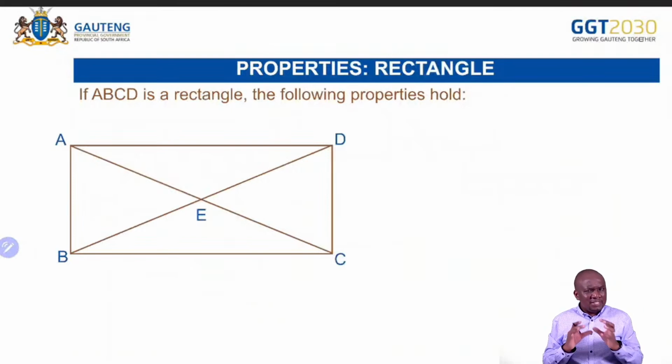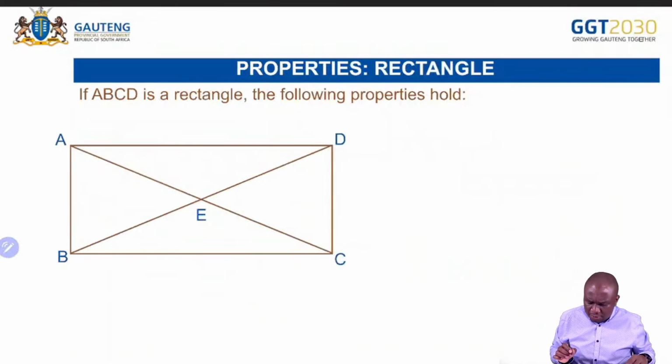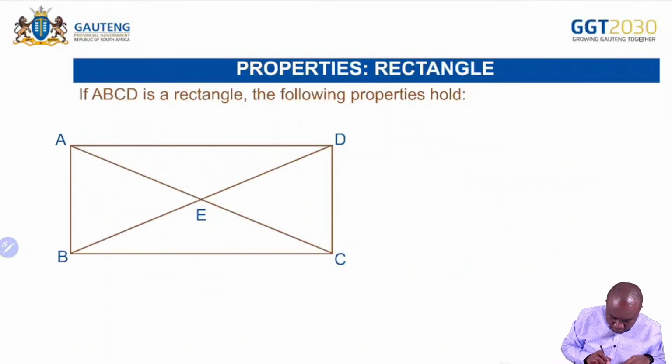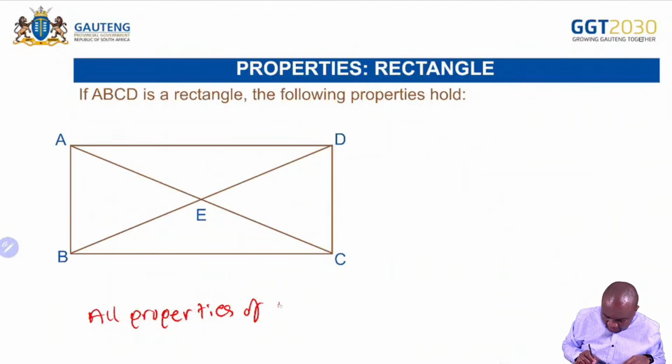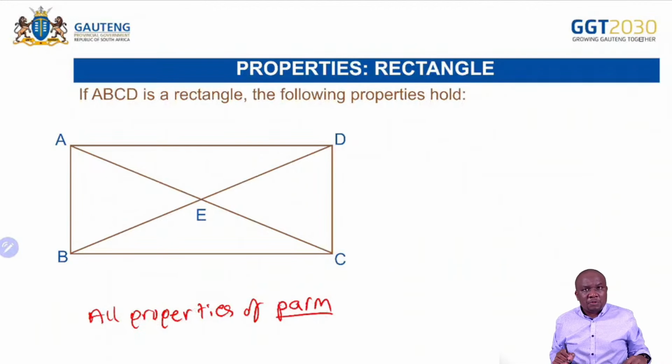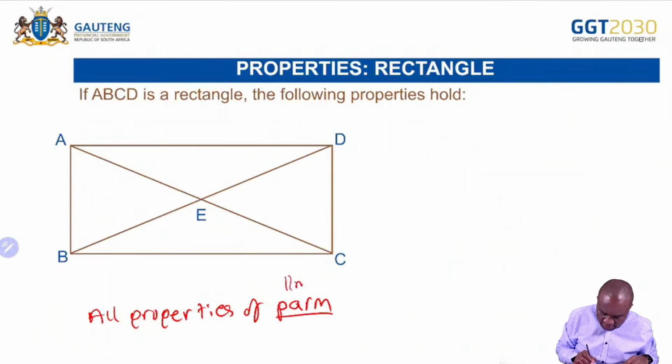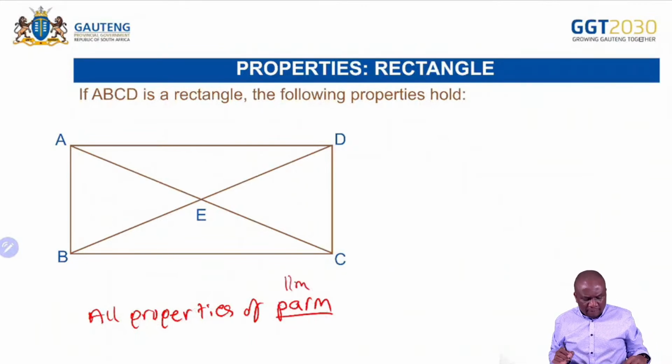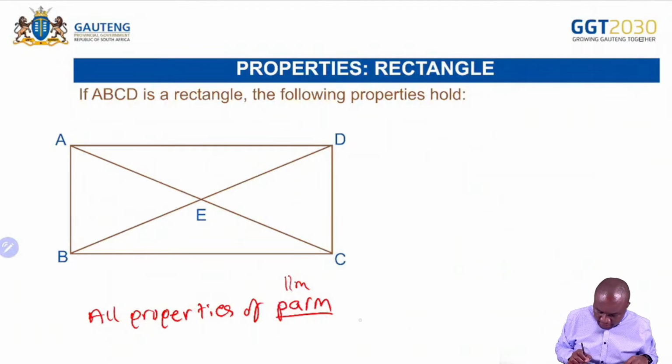So a rectangle is a parallelogram. So I want you to write all the properties of parallelogram. Just write this: all properties of parallelogram. In short, for parallelogram, we use PAM. Or some books may say this for parallelogram. Right, all properties of PAM for parallelogram, except,